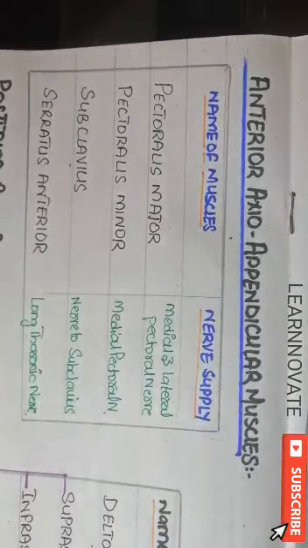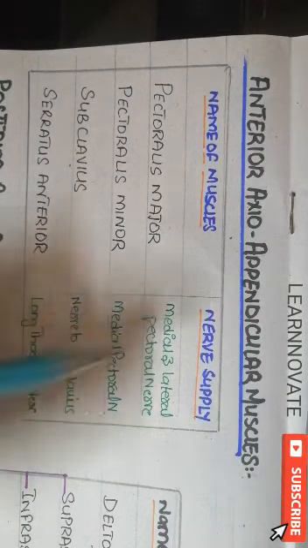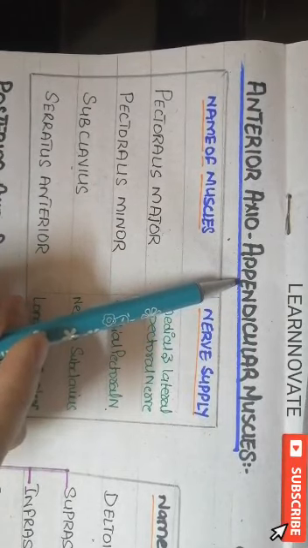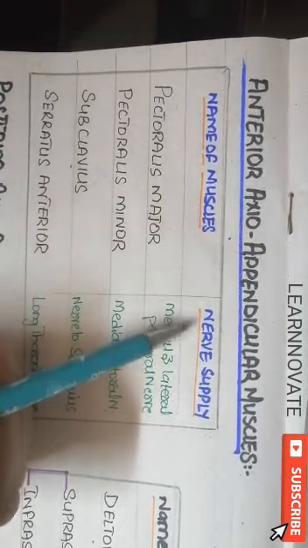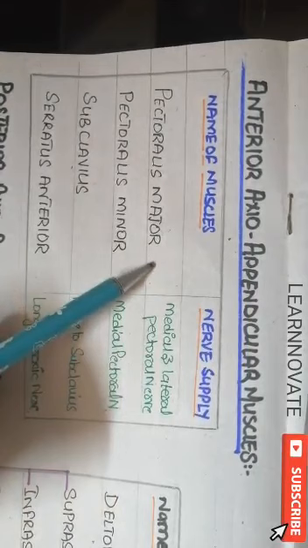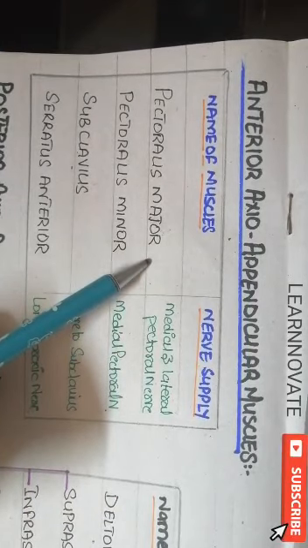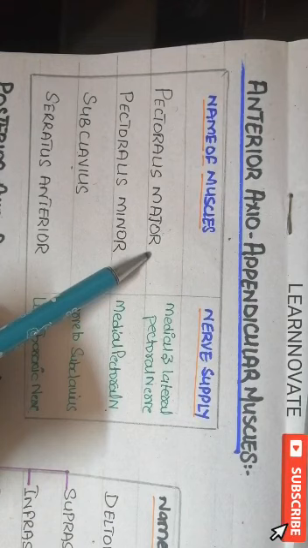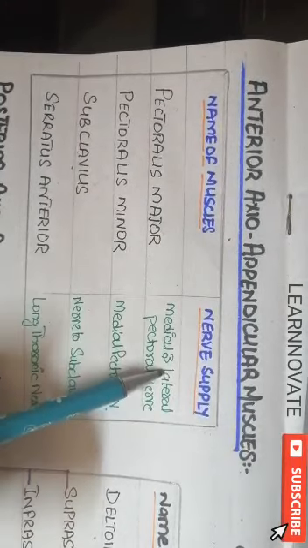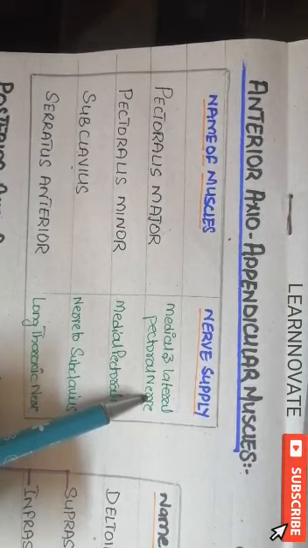So here you can see I have written some of the important muscles that are attached to the scapula, starting from the anterior axio-appendicular muscles that are attached to the axial and the appendicular skeleton of the upper limb. Now coming to the names of the muscles and the nerve supply. The four major muscles of the anterior axio-appendicular group include the pectoralis major, the major muscle covering the thoracic wall anteriorly. This muscle is a major adductor and a medial rotator. It is supplied by the medial and the lateral pectoral nerve.